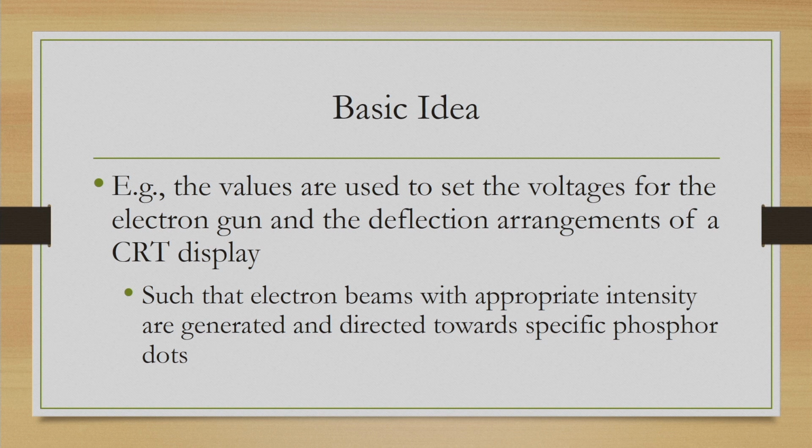As we have already mentioned, in a CRT display, this picture drawing is done by an arrangement of electron guns which emit electron beams, and there is a mechanism to deflect those beams to specific regions on the screen where phosphor dots are present, and when the beam hits the phosphor dots, the dots emit photons with particular intensity, that is light intensity, which gives us the sensation of a colored image on a screen.